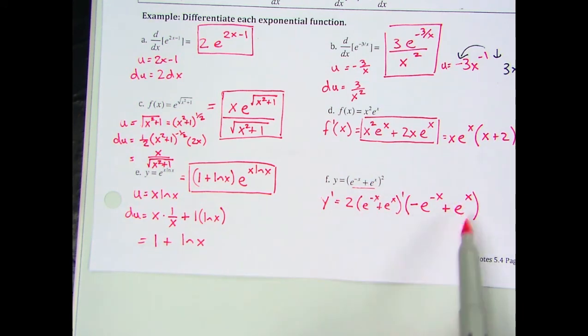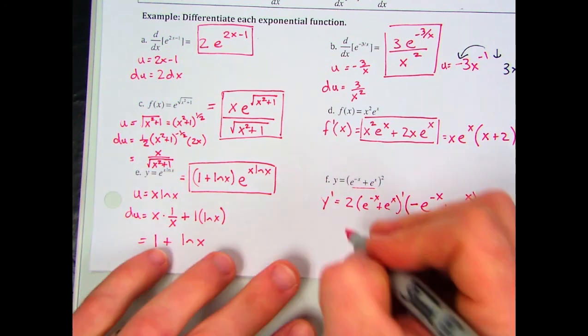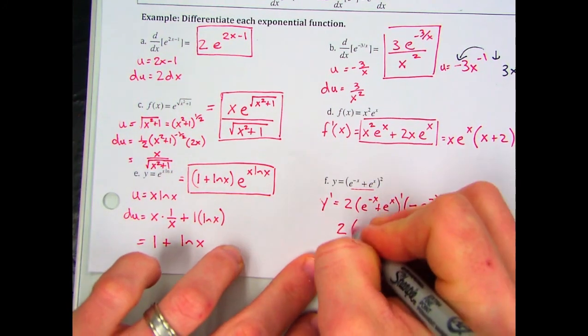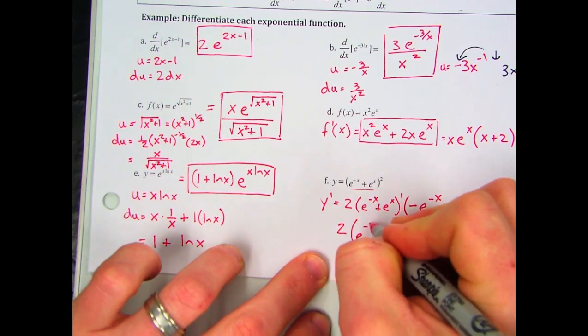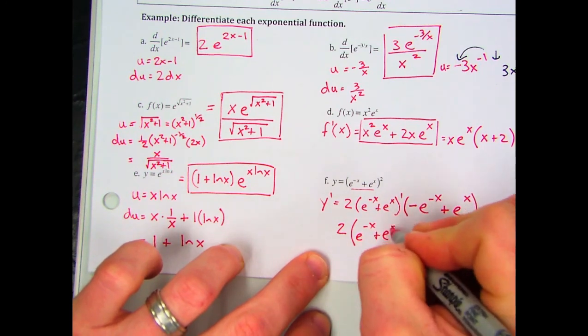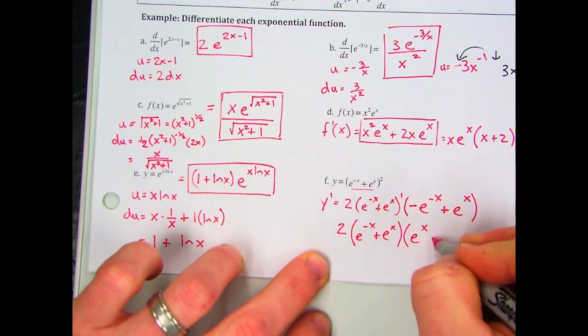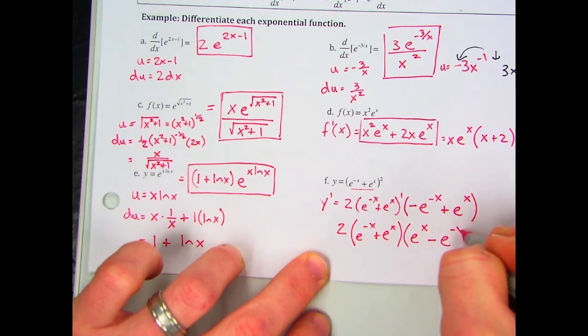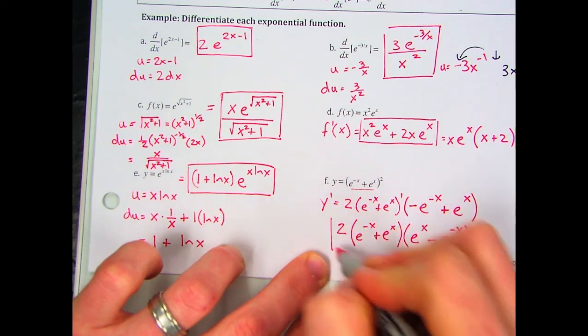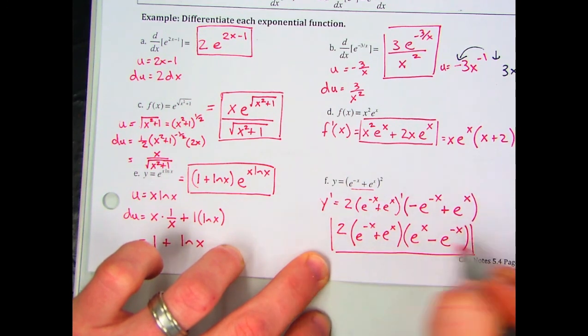And now we'll just kind of clean this up a little bit. We got 2 times e to the negative x plus e to the x. And we'll just rewrite this with the positive one first. Now, would we be able to add those exponents to